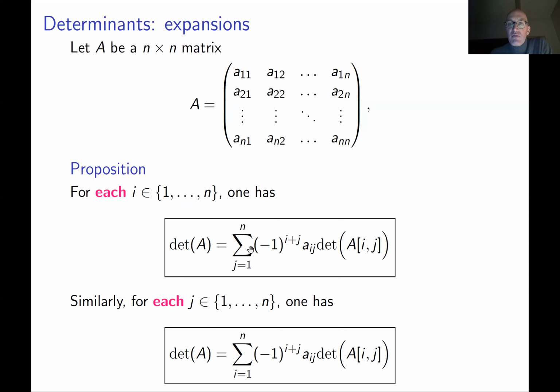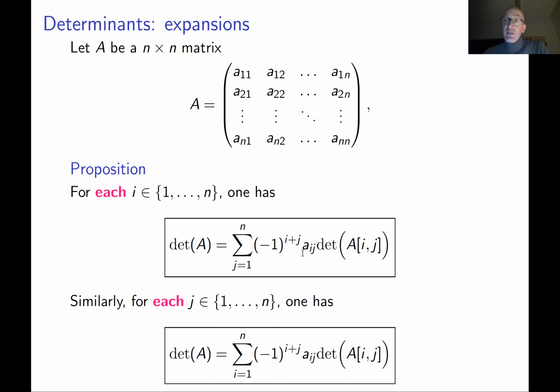Then you consider the same sum as before, but you replace a1j by aij everywhere, and minus 1 to the power of 1 plus j you replace by minus 1 to the power of i plus j. This is a very nice formula. Why do you need it? If you have a row with a lot of zeros, the sum becomes simple. So maybe the first row is not the correct row to start with; maybe you need to take another row, the row with a lot of zeros.